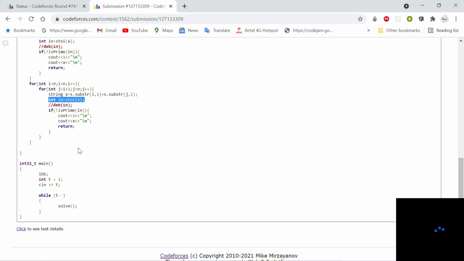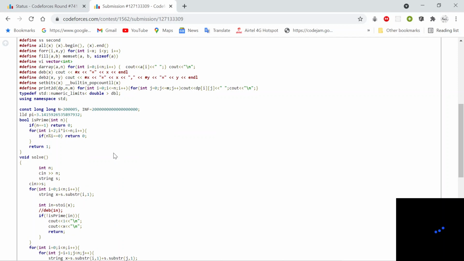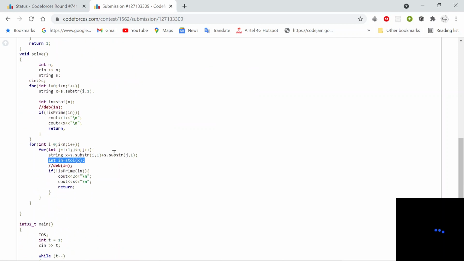So we can find the answer in a maximum length of 2 itself. That is the basic catch in this question. I hope you are able to understand this solution. Thank you.